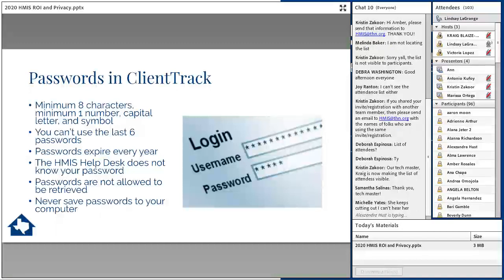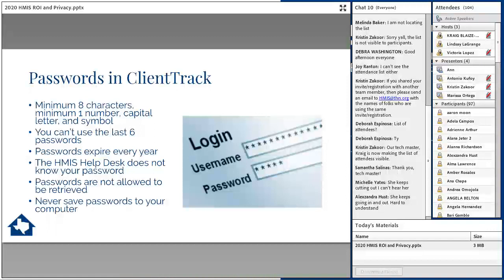The HMIS Help Desk does not know your password, and we cannot give you your old password if you forget it or lose it. For added security, the password is not allowed to be retrieved, so you can reset your password if you set up your recovery information, which we highly suggest that everyone do. And lastly, as a security precaution, never save your passwords to your computer.